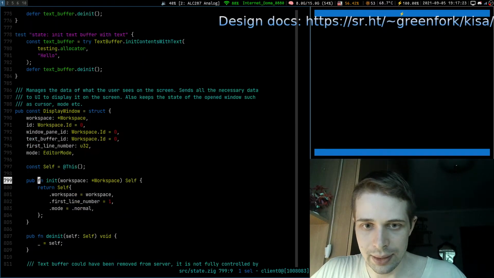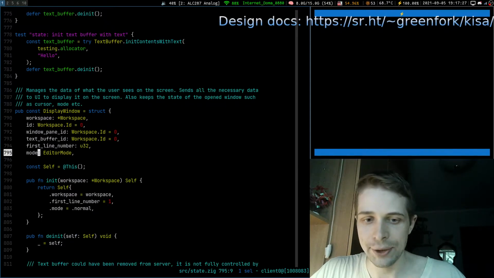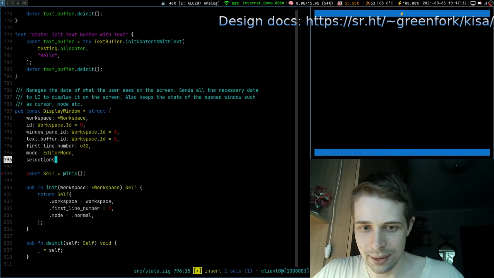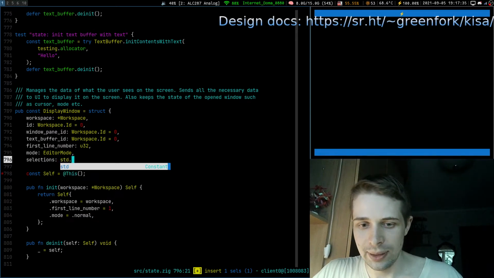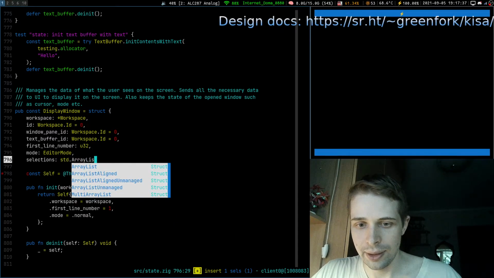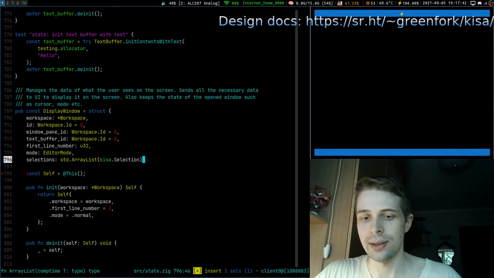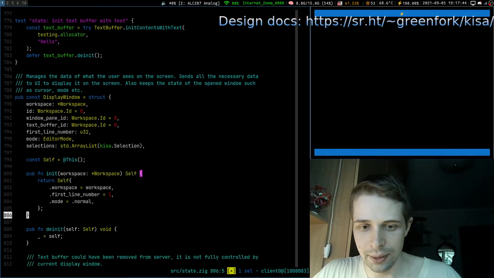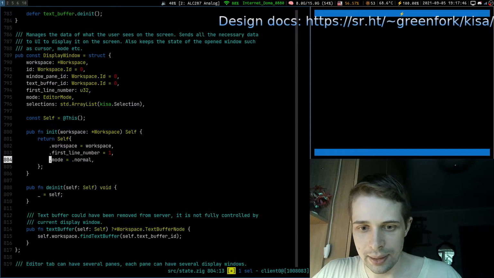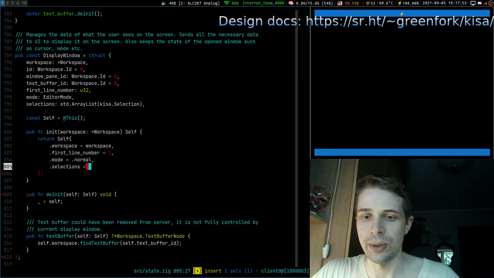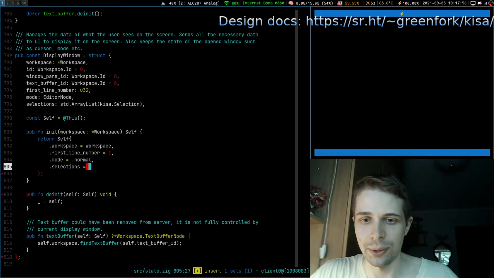So let's go to display window. It should have a selection, actually a lot of selections, and it will be std array list of Kisa.selection. It is our dynamic array here, and when we initialize, we also want to initialize our array with an allocator, which it will use to allocate new memory for new selections.